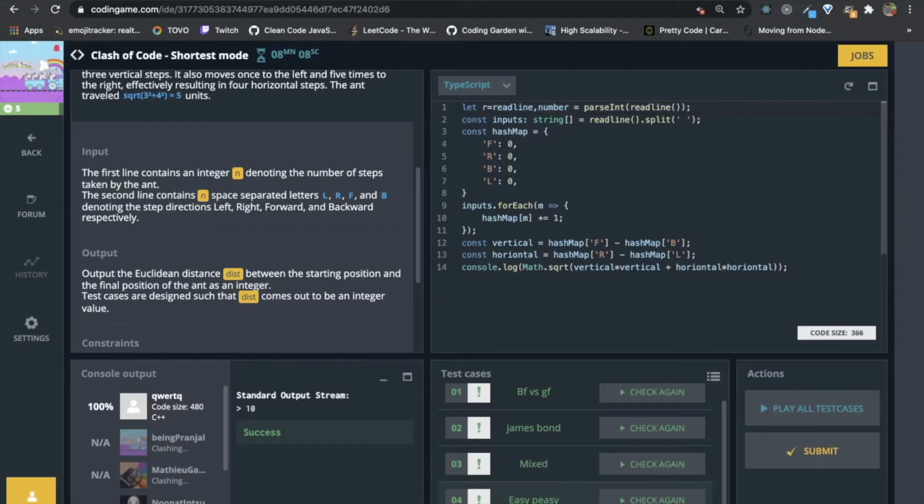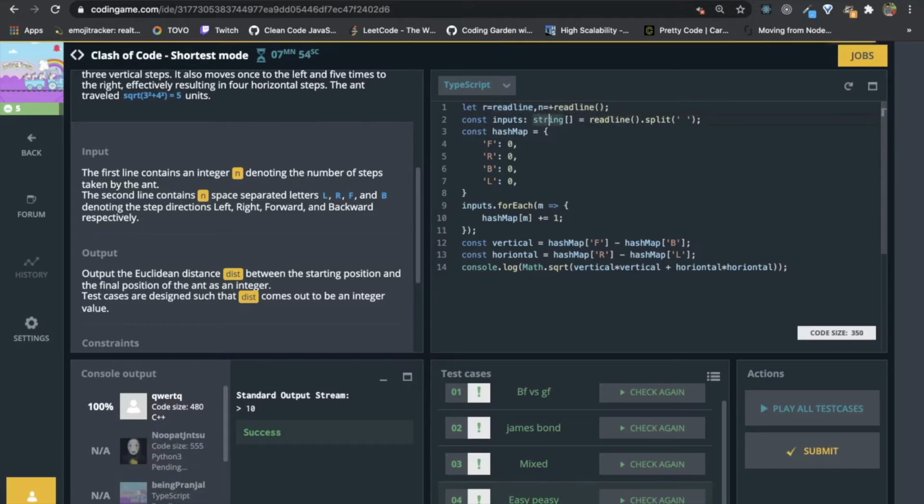We can say Number to n. We can basically, in place of Number, prefix it with plus, which will turn the string to number.